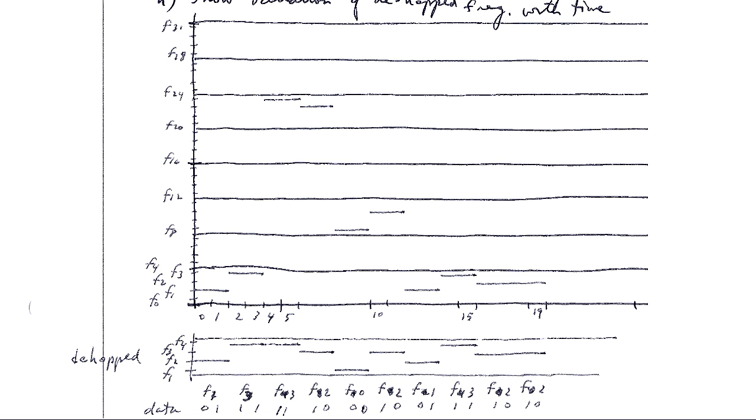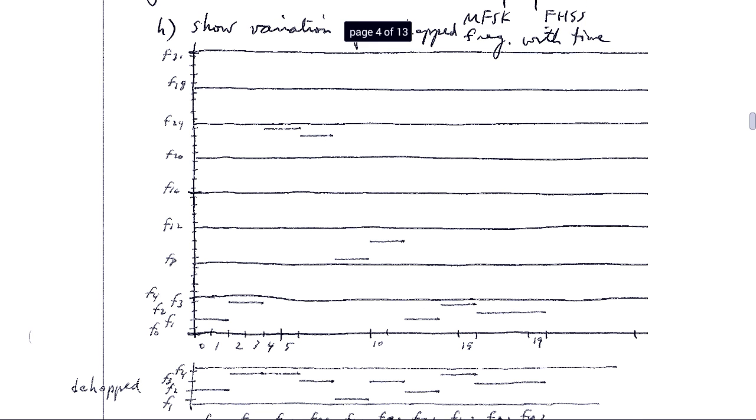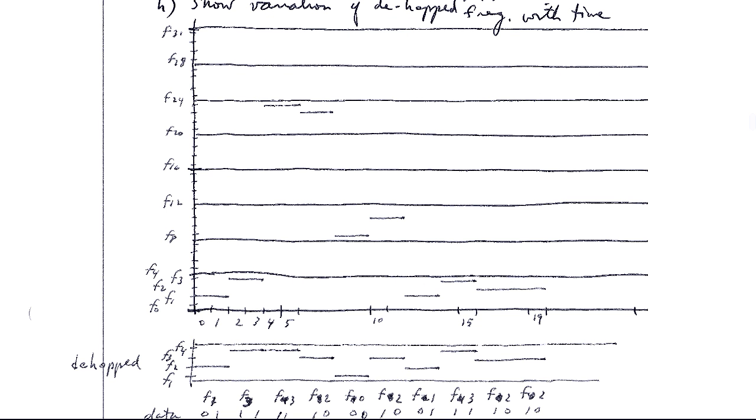And what they're asking for is the de-hopped frequencies, and the de-hopped frequencies are the values 1 through 4. And so in the first two FSK symbols, they're 2 and 4. Here they're 4 and 3. In the next two symbols, in symbols 5 and 6, they are frequencies 1 and 3. In symbols 7 and 8 and 9 and 10, they're both in the first band, so it's 2, 4, 3, and 3. So this is the plot down here of the de-hopped